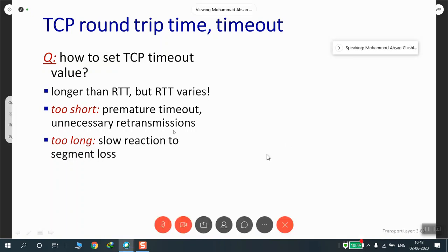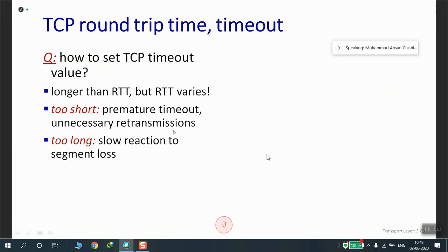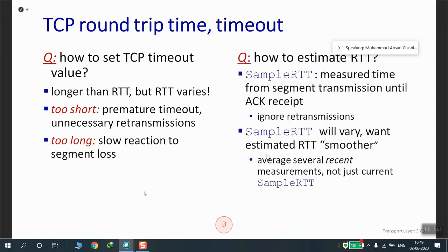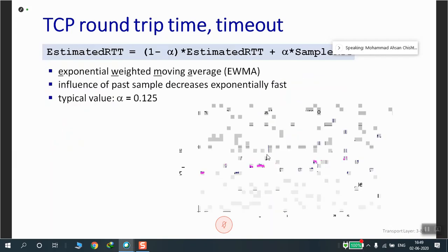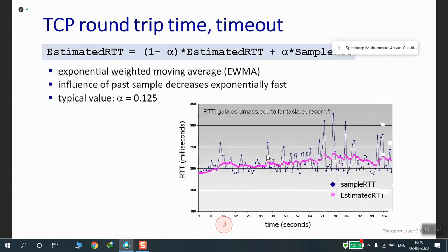And it should not be too short, that you time out prematurely, and then after that the acknowledgement comes, but you had already sent the packet again, so you had done unnecessary retransmissions. So you need to set up the TCP round trip time in such a way that it is the best one. An example of the same thing has been given.